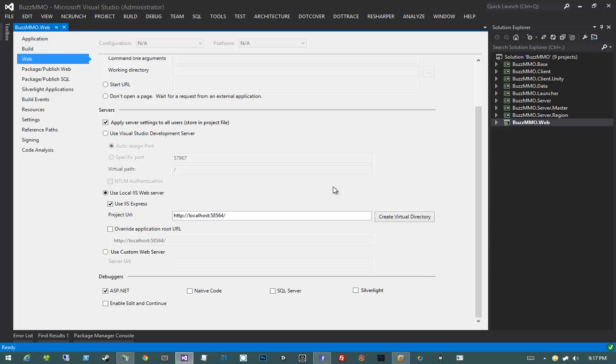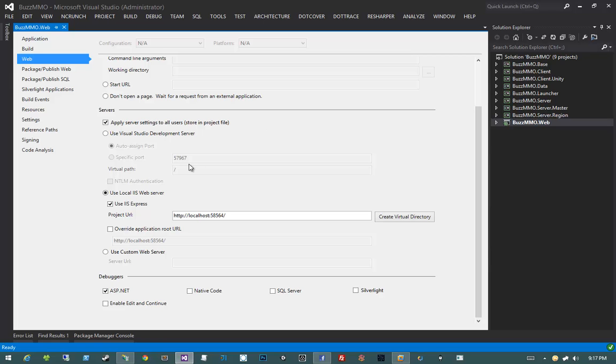Obviously, that's not desirable. We want Control F5 to launch the appropriate address on our default browser,